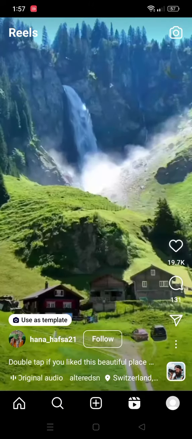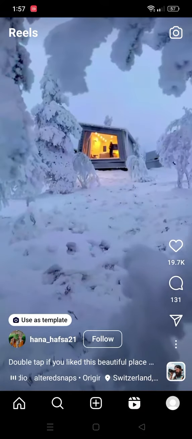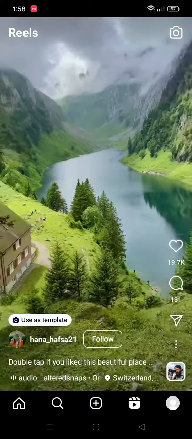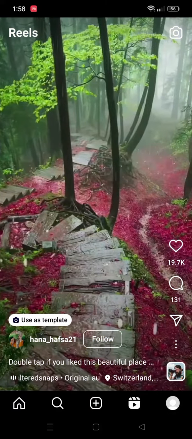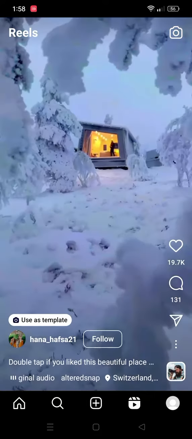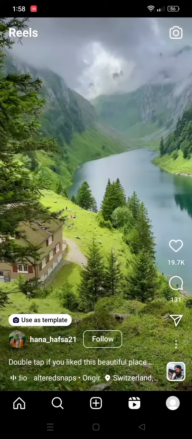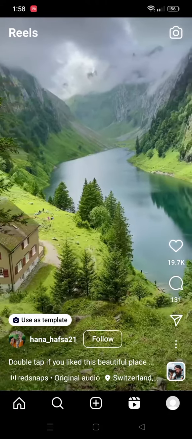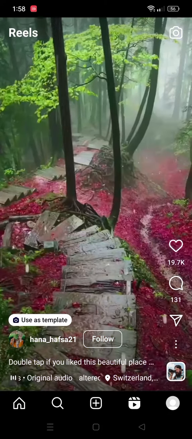Hi, this is how to use Instagram Reel as a template. First, find a video or a clip that you would like to use as a template, like this one. Please note that not all videos or clips could be used as a template. You will know that the clip could be used if you see that the video has this button, Use as